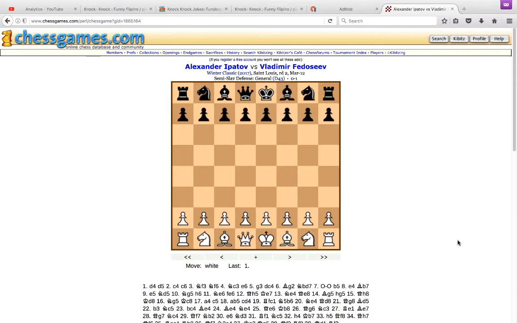So, as I have noted, Fedoseev is a little bit strong in tactics, and maybe Wesley has to equal him in that department or play solidly so that he would prevent Fedoseev from ever using his tactics against him. Although I am also confident that Wesley is very strong in tactics. That's the reason he was able to shoot up in the elite of world chess, because of his very great tactics and very strong endgame skills. So, without further ado, let's now see the game of Vladimir Fedoseev as Black against Alexander Ipatov in this Semi-Slav